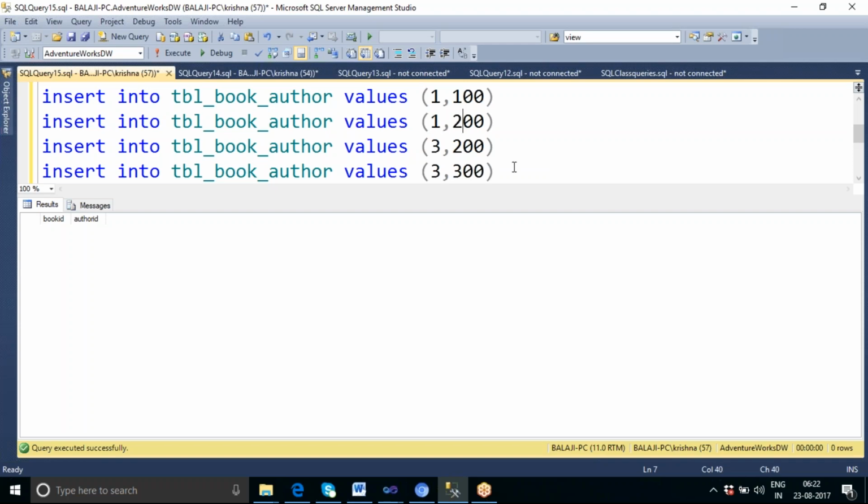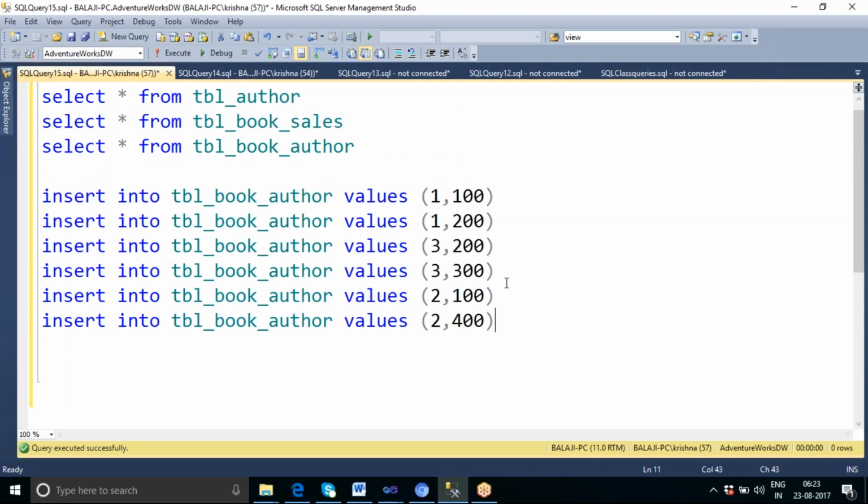And similarly book ID 3 was written by author ID 200 and 300. And let me go for book ID 2. Book ID 2 was written by author ID 100, and book ID 2 was also written by author ID 400. Okay, so I'm inserting some data.